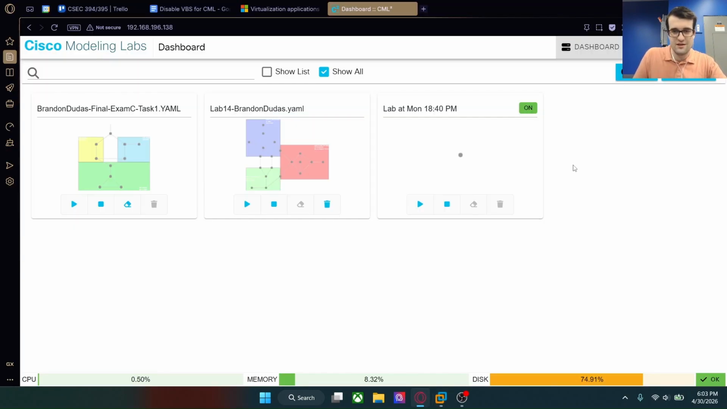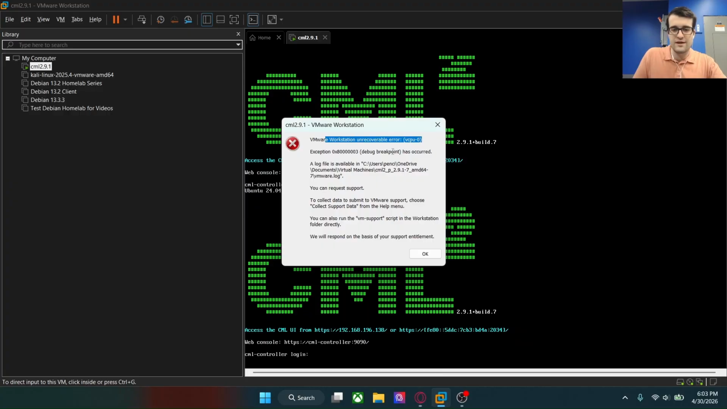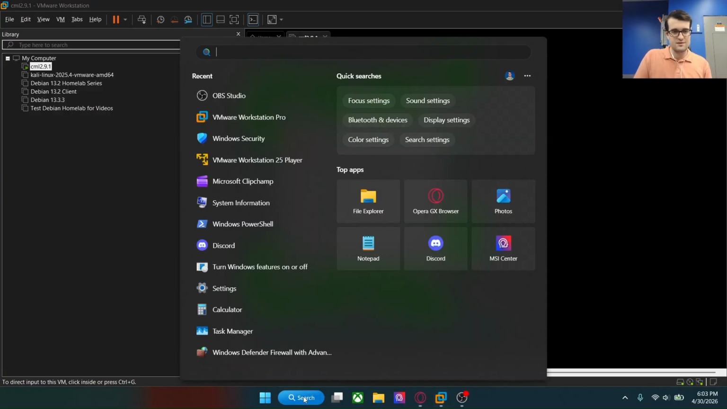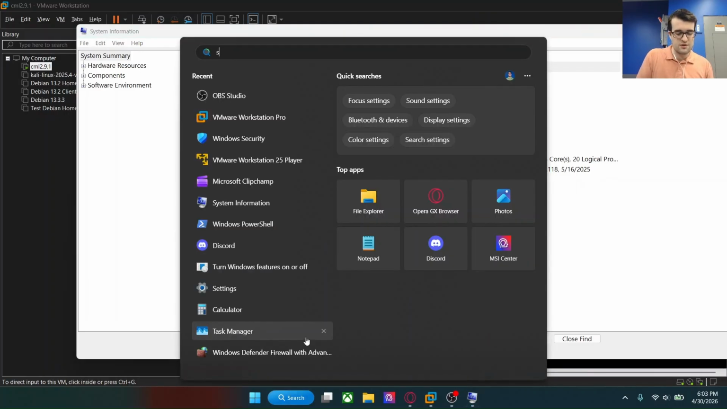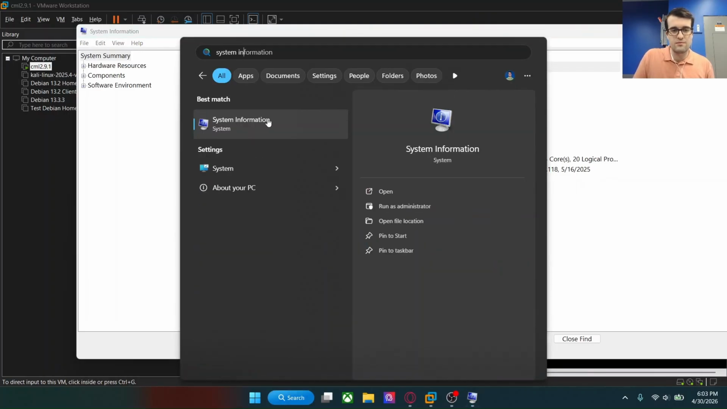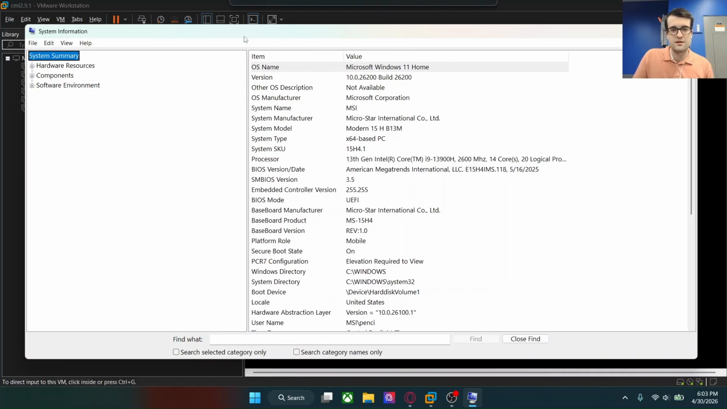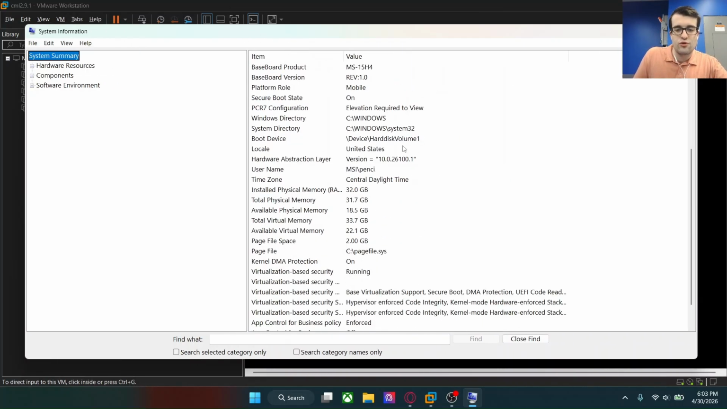As we can see here, I tried to start up a lab, and because I have that setting enabled, it gave me this error. To check if you have virtualization based security working, you want to go to system information. You could just search it up here, system info, and it should pop up a little screen like this. And if you scroll down,